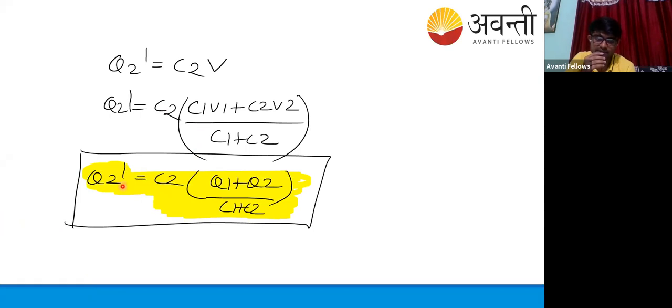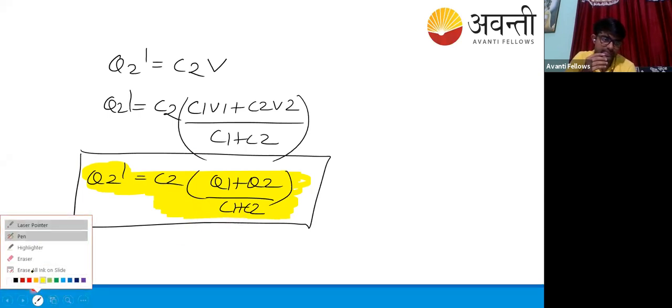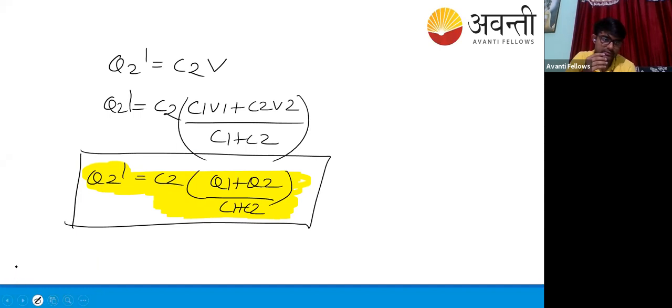That in the second capacitor, when you find Q2 dash, that is the charge on the plates of the second capacitor. Finally, the difference is only in this factor, C2. For Q1 dash, it will be C1, and this common potential will be the same. And for Q2 dash, it will be C2, and the common potential difference is the same. Okay, so we can see this thing in the first formula also.